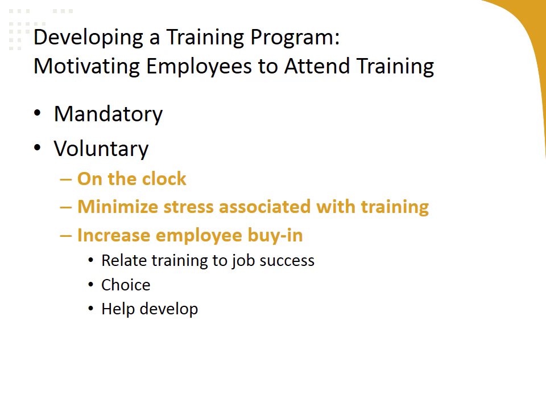So for a training program to be really effective, employees must be motivated to attend a training, perform well in the training, and later apply their knowledge from their training to their jobs. Now, the most obvious way to motivate employees to attend training is to make it mandatory and require them to attend the training on the clock. However, most training programs are optional, and when the training program is optional, there are several ways to motivate employees to attend training. So some ways to motivate employees to attend training is to have training on the clock and provide workload reductions to those who opt to attend the training. So that'll help reduce the stress associated with attending training and encourage them to participate.